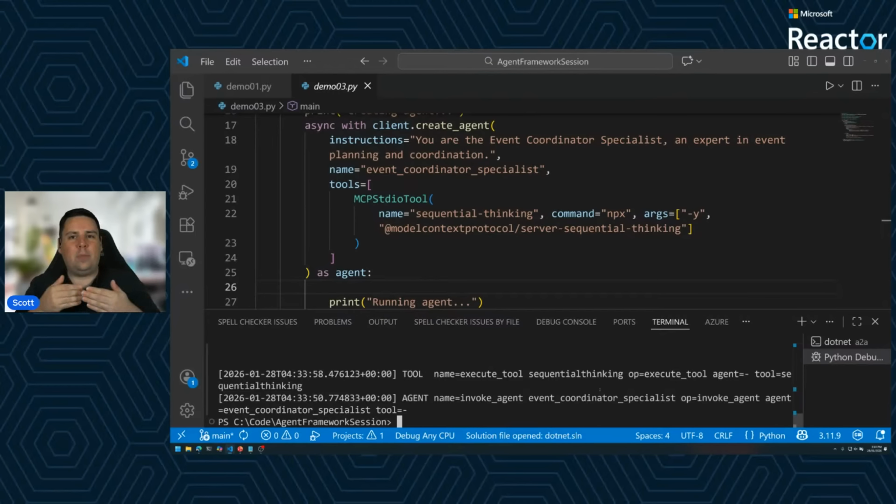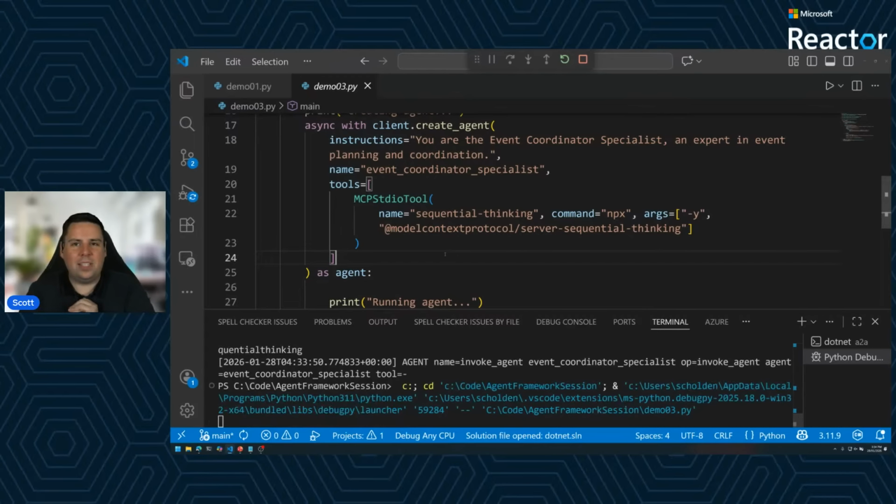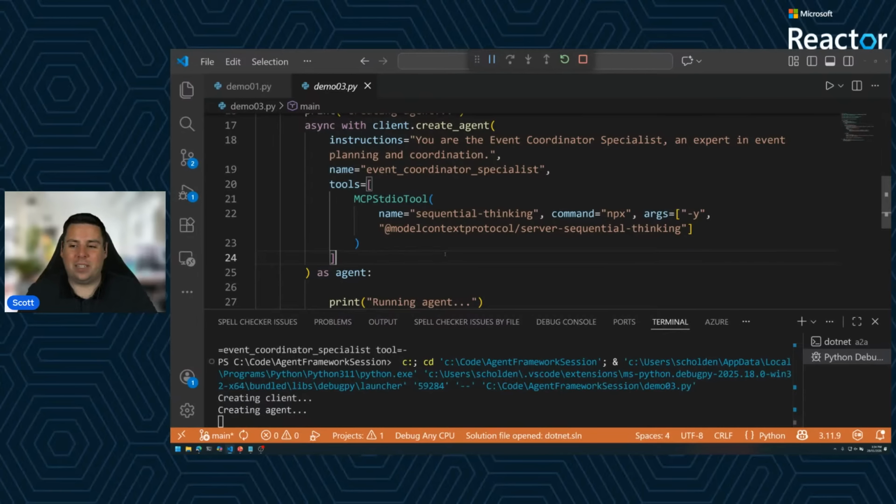So you actually end up in this world where we pass off to agent service to run. Agent service then passes back to the Microsoft Agent Framework to execute something on local compute, and then we pass the result back to the agent itself. If we give it another run here, we should actually see it come back with a few more sequential thinking events. One of the nice things about non-determinism and small prompts to make it nice and readable is that you end up having it maybe do one execution and find what it needs to, or may need to do multiple executions before it finds what it needs to.